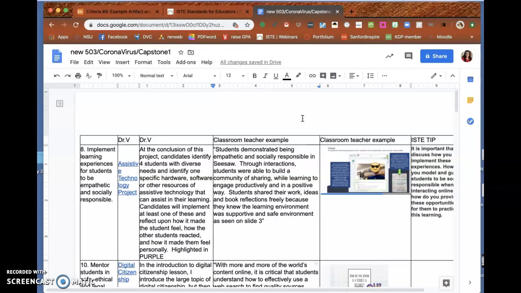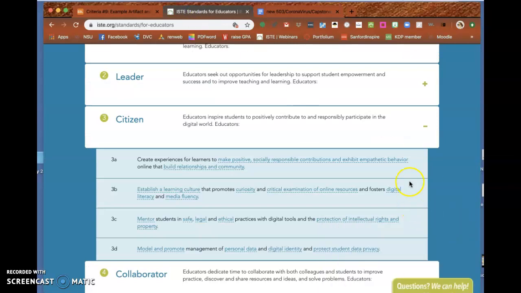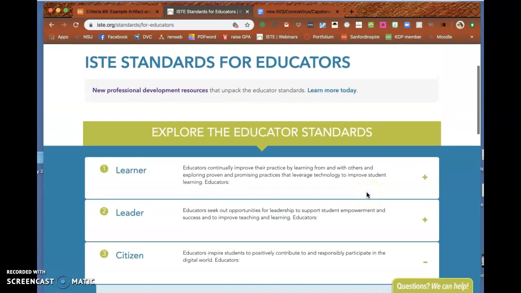As I told you guys before, we're trying to move toward being an ISTE certified program, an ISTE certification provider in our master's program. And what that does is we are going to ask you all to meet all of the ISTE standards for educators by the end of the program. So all that I've done is kind of flip the indicators that we were going to be mastering this semester and some of the ones that we were going to be mastering in capstone. And we're just going to kind of flip-flop them.